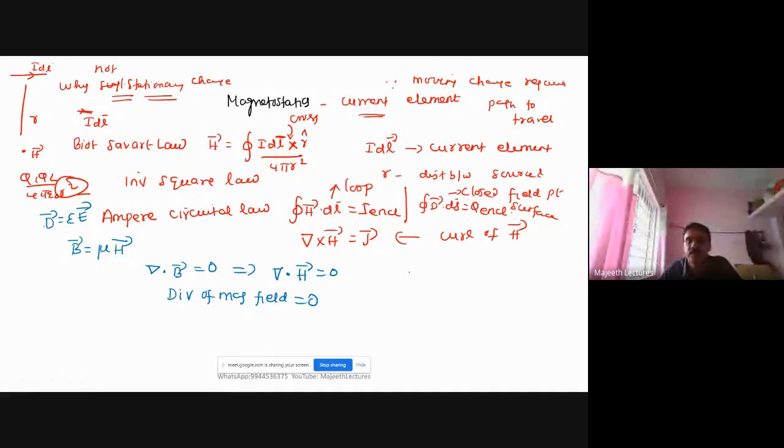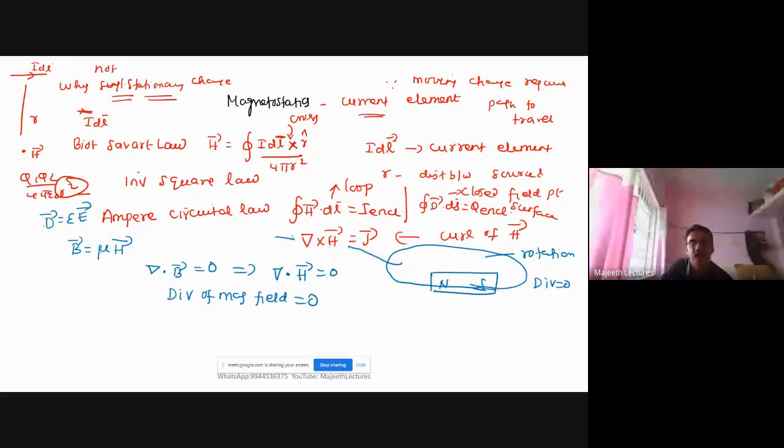Why is the divergence of the magnetic field 0? We studied this in school itself. When you have a magnet and draw the magnetic field lines, as we did in the 11th or 12th standard, they start from north and end at north. There is no starting point and no end point, because we don't know where it is starting. It is rotation, not divergence. So the magnetic field has curl. It is not spreading; divergence is 0. That's why you see the curl of the magnetic field here. Del cross H is the curl of H, and the curl of H is not equal to 0.